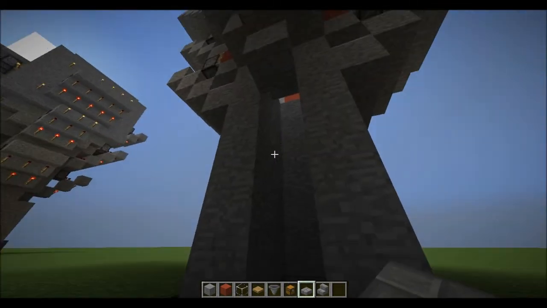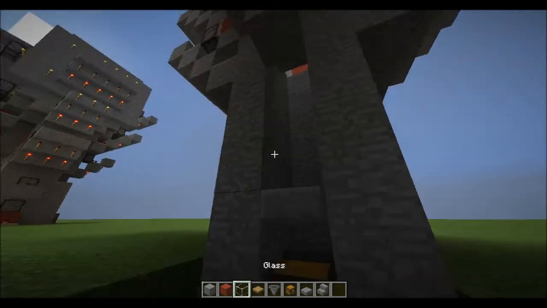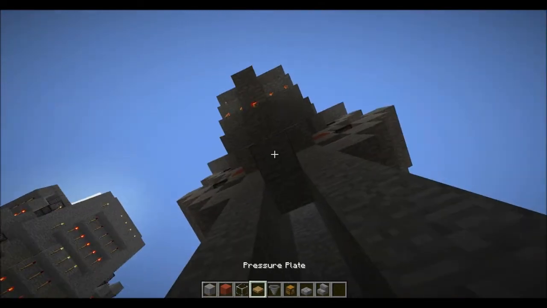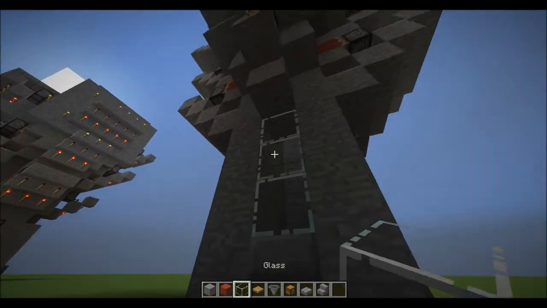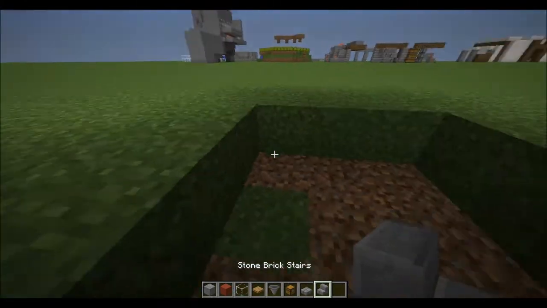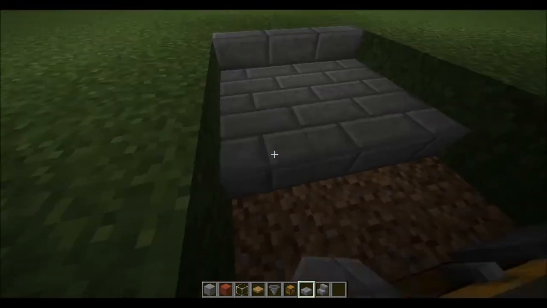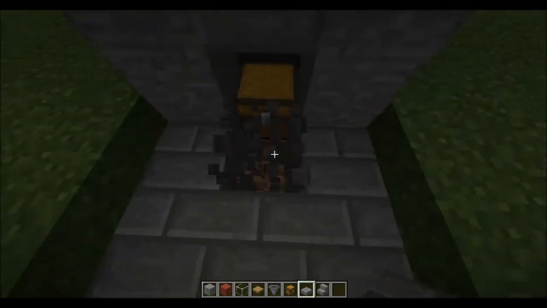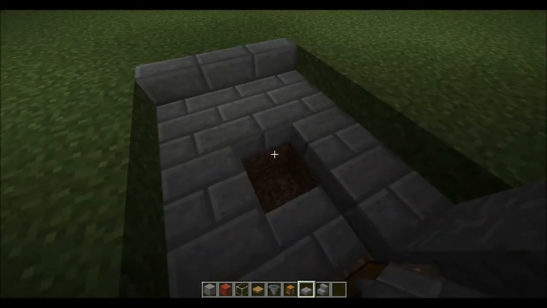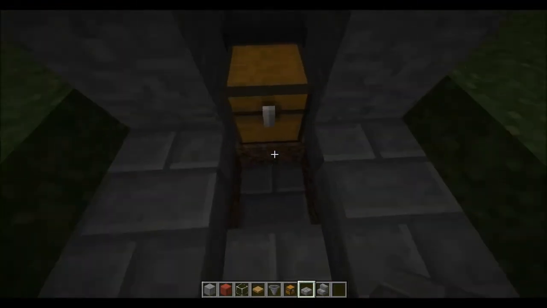And then you're going to want to place your half slab here, and then you're going to want to get a block right here, and then a piece of glass, well, 3 pieces of glass all the way down like that. Just to make it a little bit more pretty than it is, I'm going to put some stone slabs like this, and then go down 1 block here and here, and then you should be at about eye level